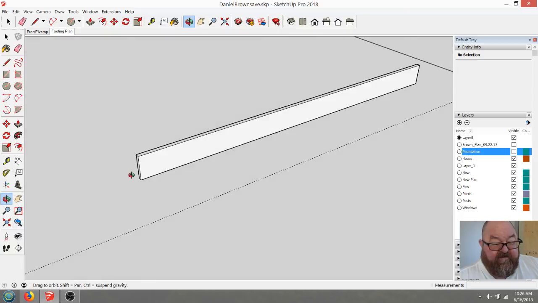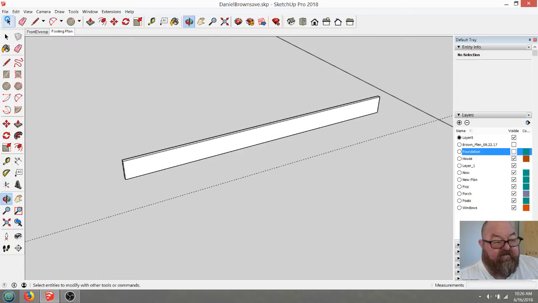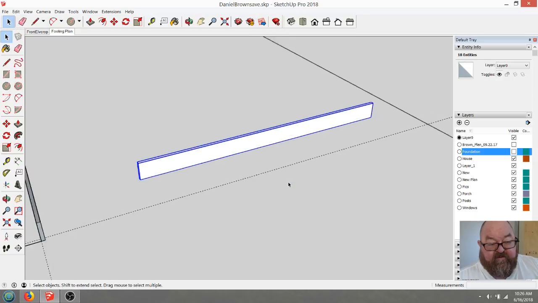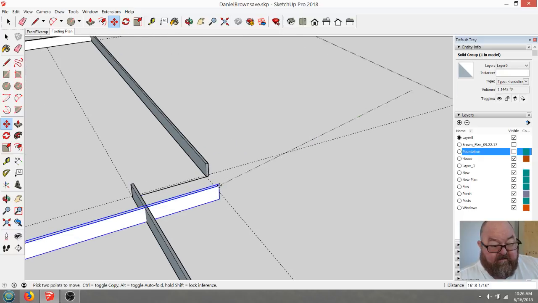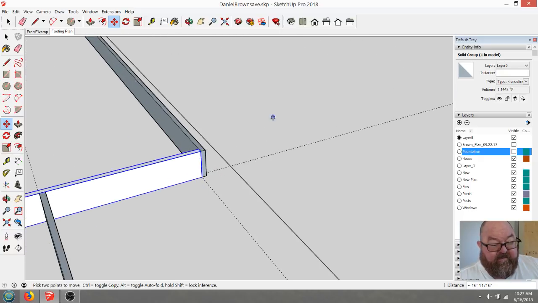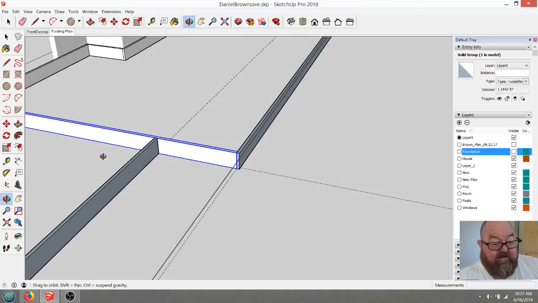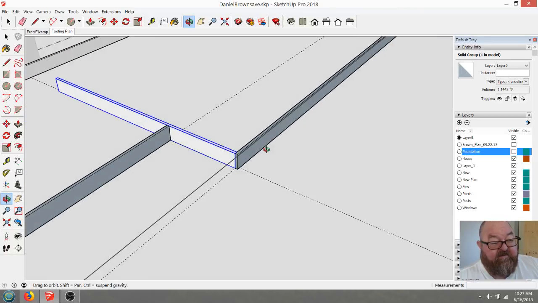Let me make sure I've got faces all the way around. Yeah. And now I'm just going to create a joist. I'm going to create a group. Now I can take that and put it right here like that. And I want this joist,